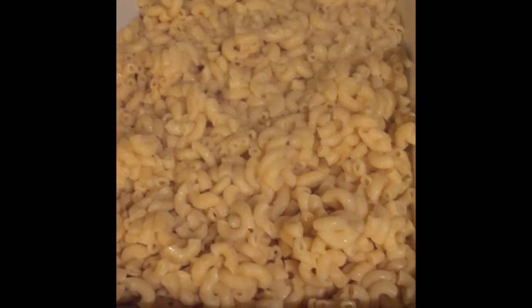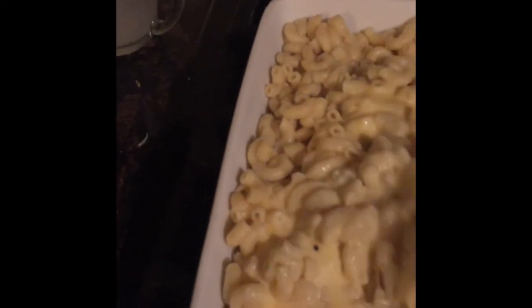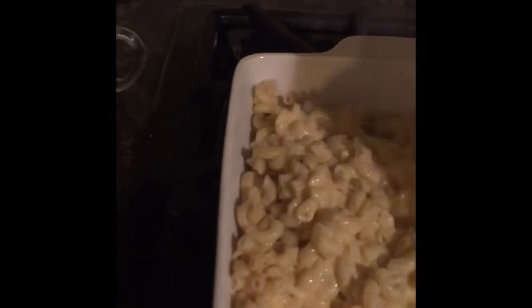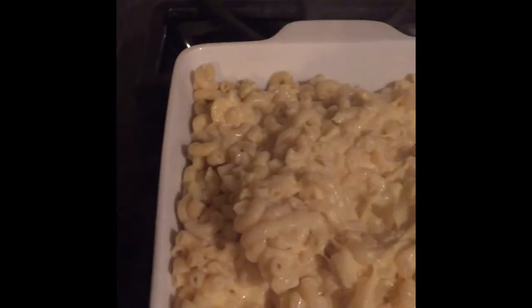Yes, I'm being lazy. All right, so I've poured the cheesy sauce in the mac and cheese, and then you just kind of mix it around a little bit. Get the cheese on all the...